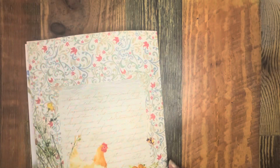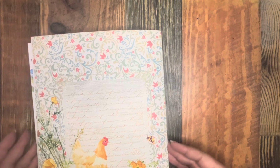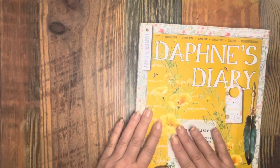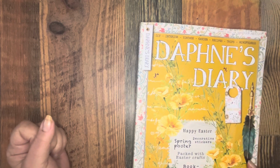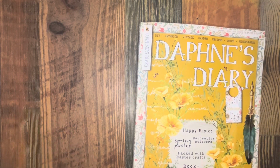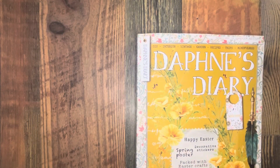That was just a lovely, lovely book. Now maybe I won't be so hesitant to spend the $20 if I can find ways to use this one. I just even love that feather quill there. So thank you very much, Jenny. I really, really enjoy this as my main gift, and all the other things that you gave me for my